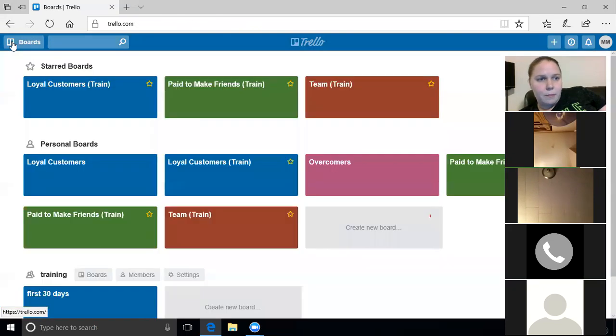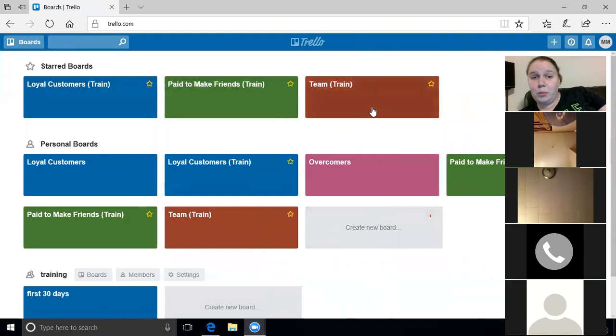Okay. Main board, Stephanie, this is it. So I was telling them in the beginning, this main board kind of looks chaotic right now because I set up extra boards to use for training, but I'll be deleting those. I just made them for this Zoom, so I wasn't showing my potentials all their contact information. But